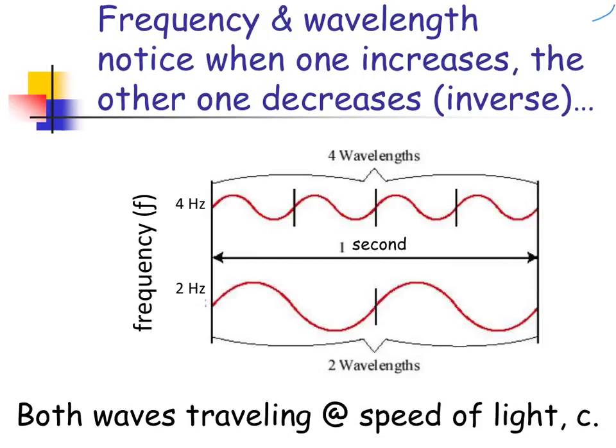This is a really big idea, this relationship between frequency and wavelength, and sometimes it's hard for kids to understand. Anytime we put questions on a test about what happens if this one increases, does the other one increase, decrease, remain the same, it gets really tricky. So we want you to really understand the relationship so you're not sitting there trying to memorize or guess on the test. So if you take a look at my 2 waves right here,